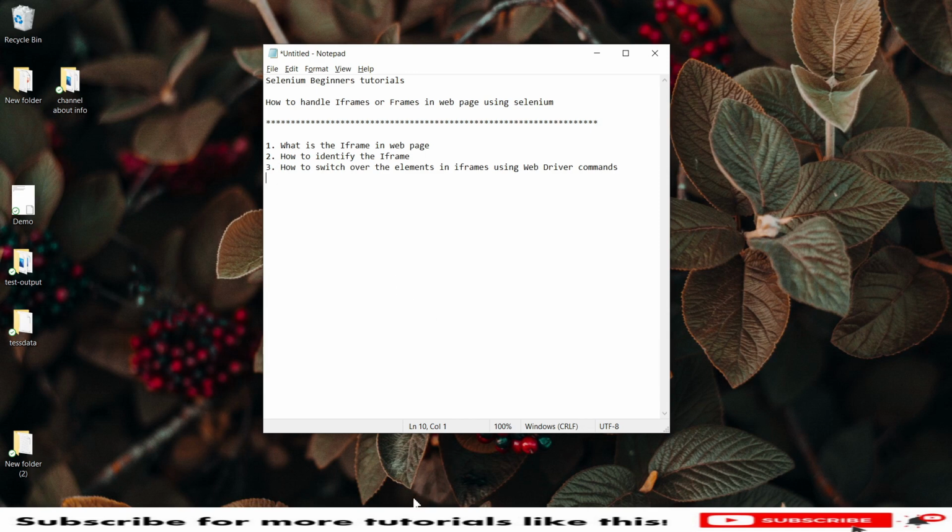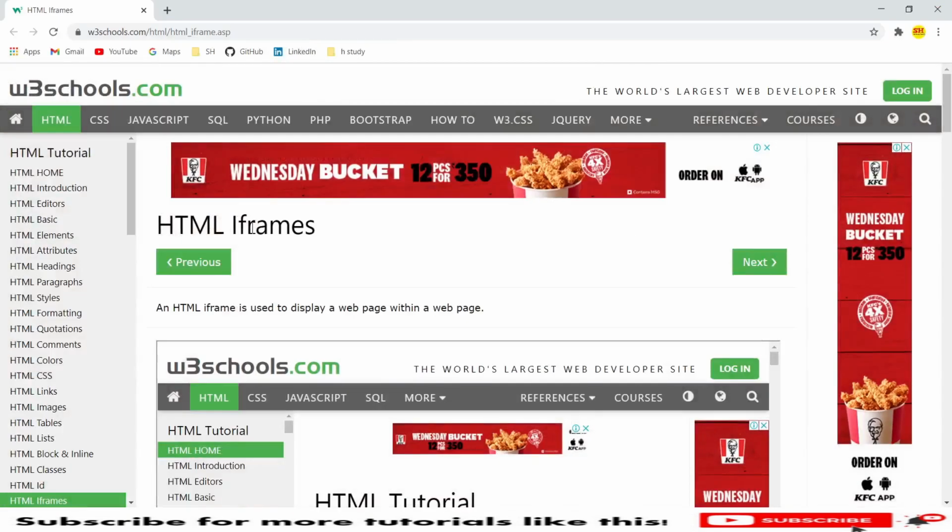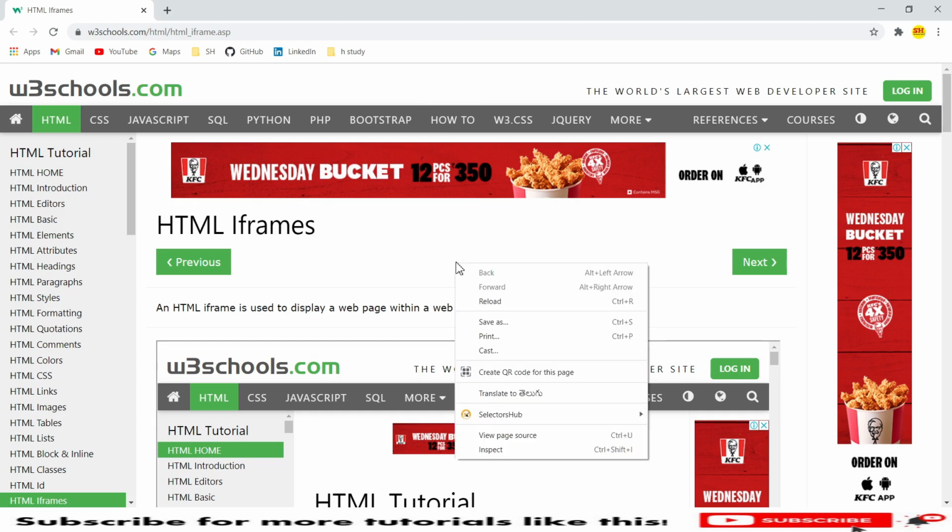So let's jump into the Chrome browser. Here I am using the W3Schools website, and you can see the complete web page. If I right click on this, you will see page source and inspect.